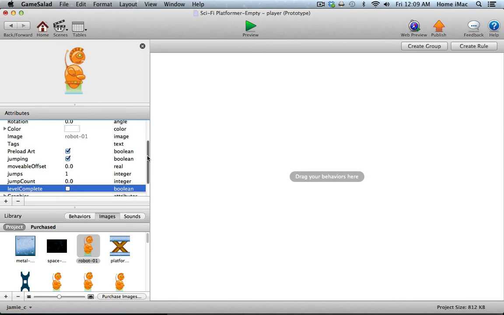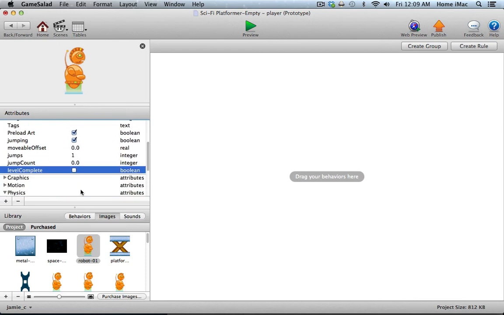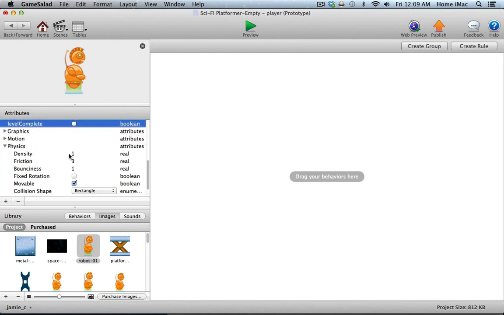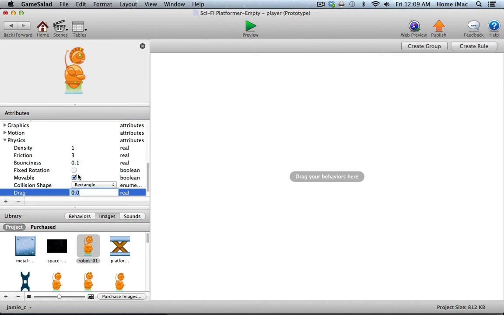Now there's a couple other edits I need to make under the physics settings for the main character. I'm going to leave the density and friction as they are, and the bounciness I want to turn way down to just 0.1, so it'll have a little teeny bit of bounce if it hits into something, but very little. And then I want to fix its rotation, and of course leave it as movable because that'll be moving throughout the entire game pretty much. So let's go